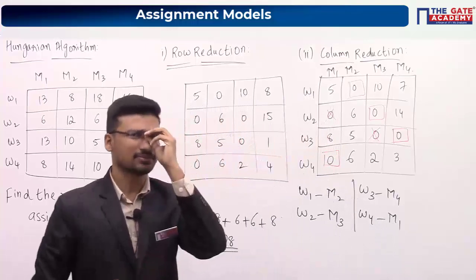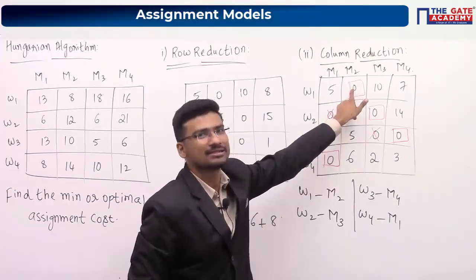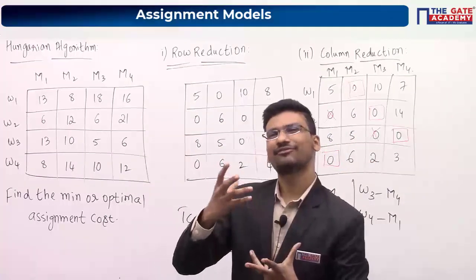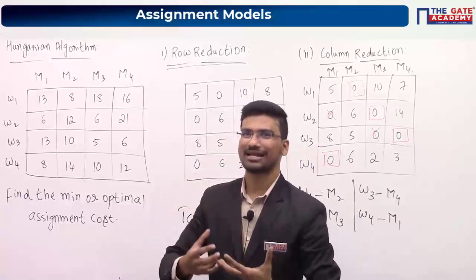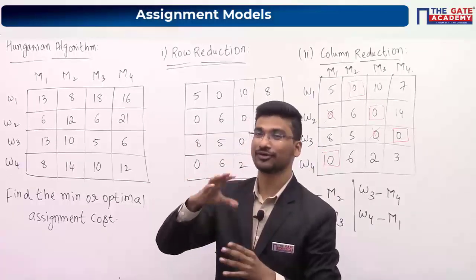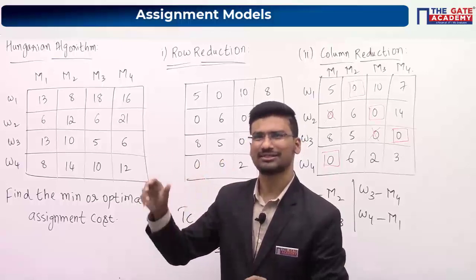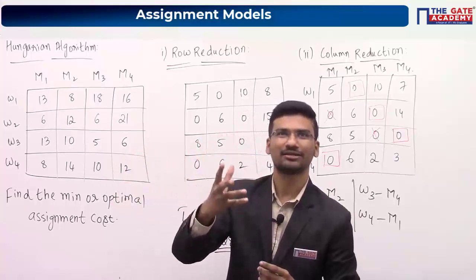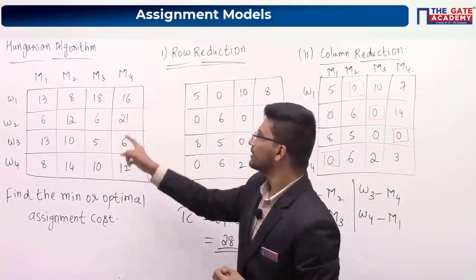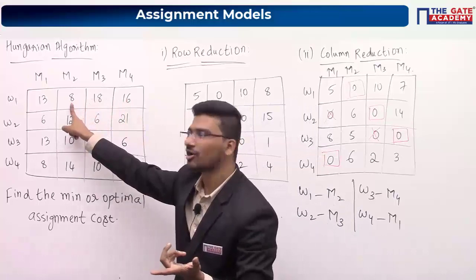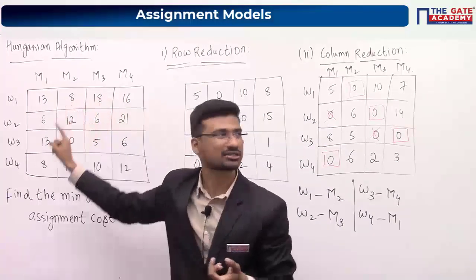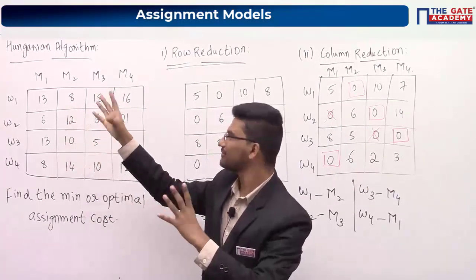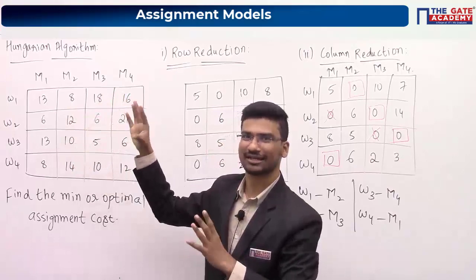Why do we want 0? Anshu, I think I have answered. We are allocating in a 0 cell only. See, indirectly, why are we getting zeros? Now we are trying to understand the algorithm, which is not required. If you are not able to understand, no issues. Just do row reduction, column reduction, you will get the answer. But as you have asked, I am just saying: in this particular row, this is the minimum cost where we have allocated, if you see here. So that's why we are getting zeros. Maybe you can relate, Anshu?